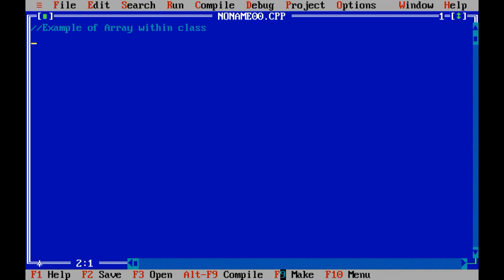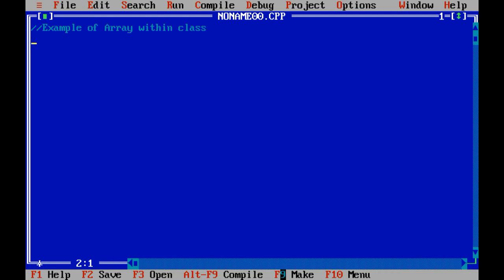What is an array? An array is a group of similar type of items having the same data type and the same name. When you want to store values in a sequence, you can use the concept of array.